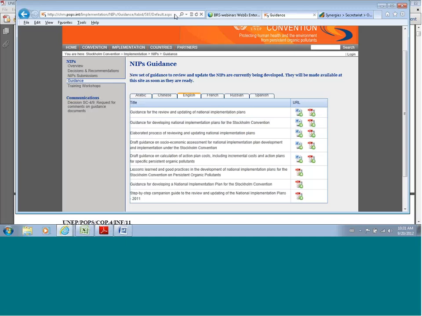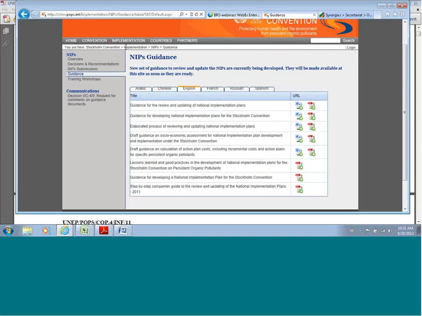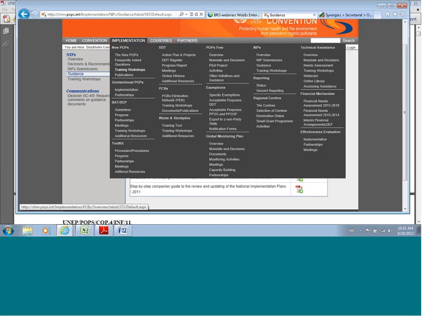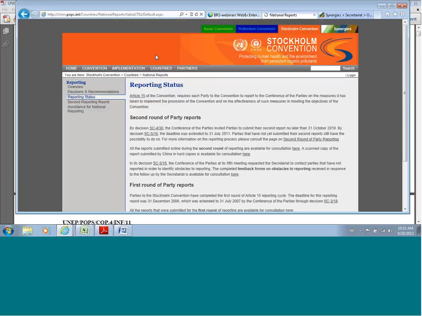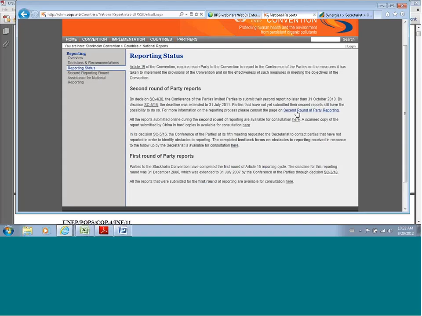What about the reporting format? I see another question from Ms. Ortega about the reporting format for the Stockholm Convention. Are you talking about the Article 15 reporting? Please don't be confused between them. Yes, the Article 15 reporting will be considered again at the next meeting. So this is the national reporting,